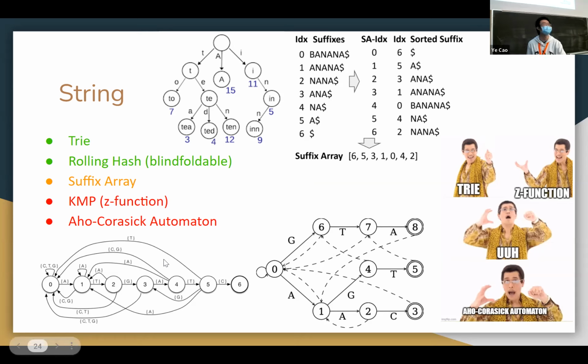Aho-Corasick automaton. Oh my god. Sometimes called the AC automaton. You have a trie. You have your Z function. You got your AC automaton. It's that simple. No, I'm lying. Aho-Corasick is very hard to understand, but the idea is to merge your Z function with a trie, and it will probably take you several hours to understand. But once in a while, you see a problem that requires you to do multi-pattern string matching. Whenever those kinds of problems pop up, AC automaton is just boom, a one-shot.